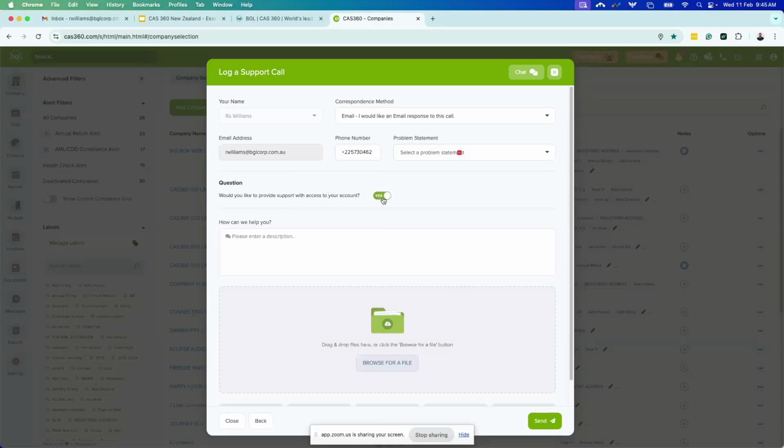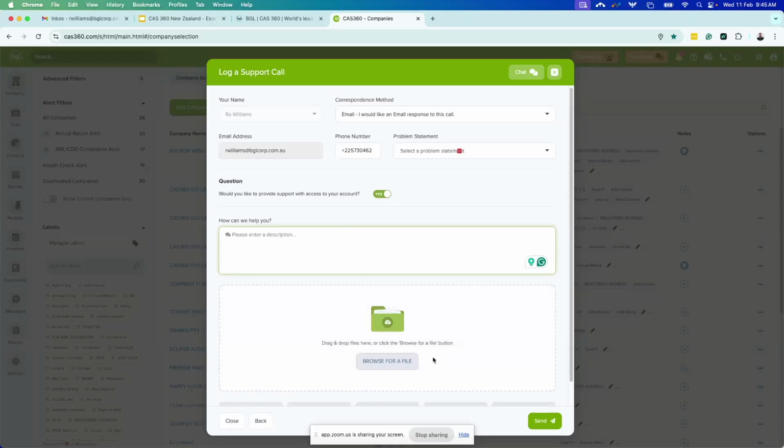This just basically means they'll be able to literally access your license, see what you're seeing, and help troubleshoot any issues much, much faster. There is a wee text box that you can also input any particular comments, let the team know where you might be having a bit of an issue or needing more help with. And screenshots are also able to be dragged and dropped in here too, which is always a big help because